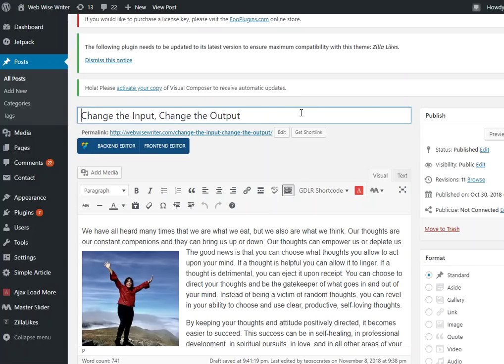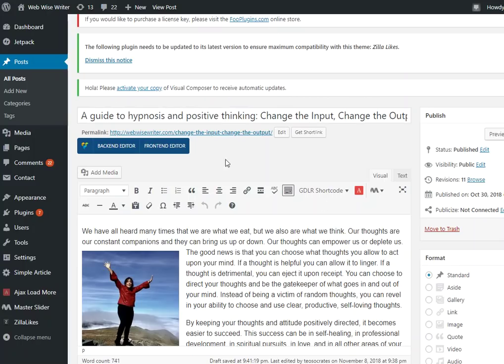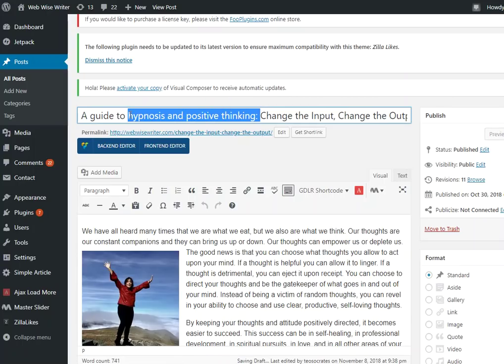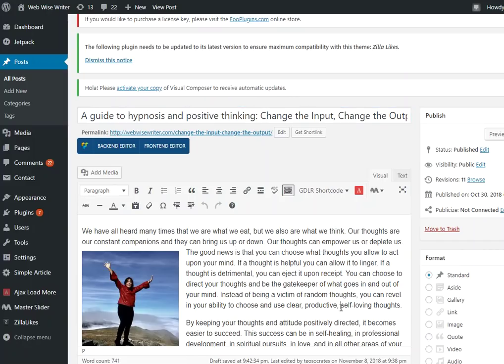So you need to have a lot of keywords and benefits, but you also need it to sound cool and interesting enough. So this is a perfect title. I put a guide to hypnosis and positive thinking. I was thinking hypnosis and positive thinking guide, which is specific, but not quite as humane. You want it to sound like a real, normal person saying these things. So a guide to hypnosis and positive thinking. That's a little bit misleading because it's not actually a step-by-step guide. It's just a short blog post. So the author's free to change that back. This is just an example of a way you can add some more keywords.